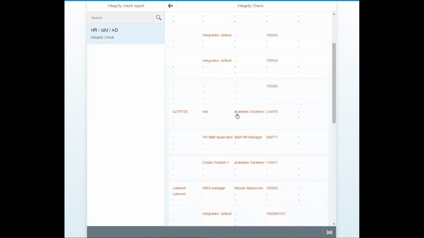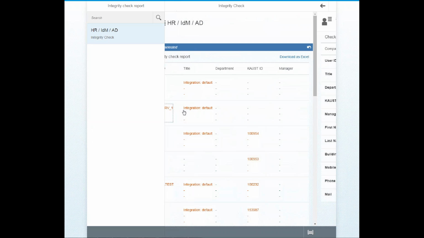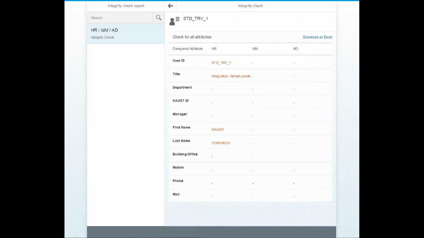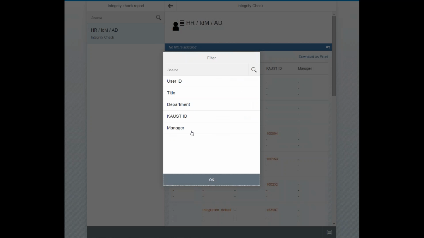On the next step, we can see all of the inconsistencies we have in the systems at that time. As well, here we have detailed information for each inconsistency.